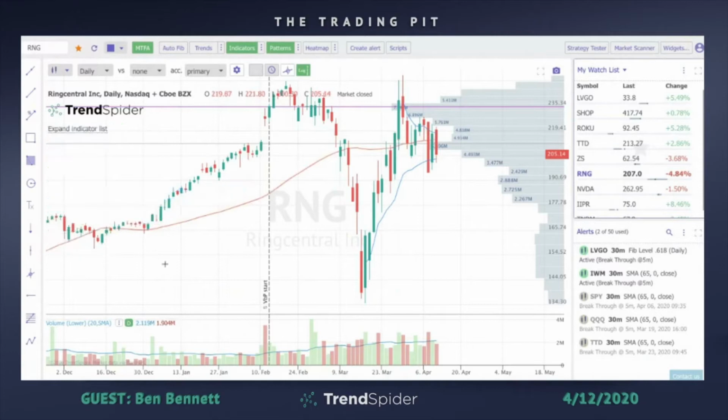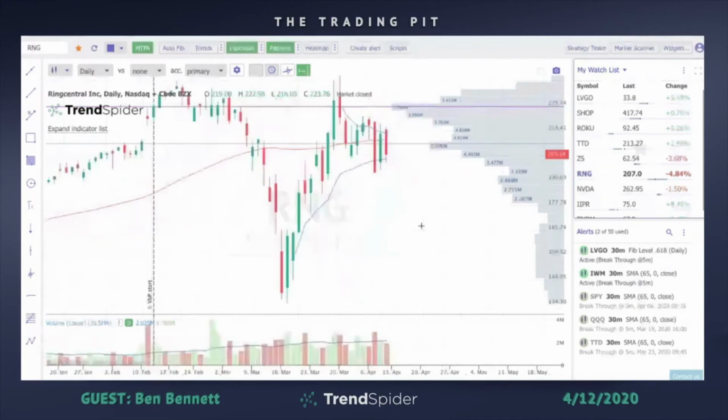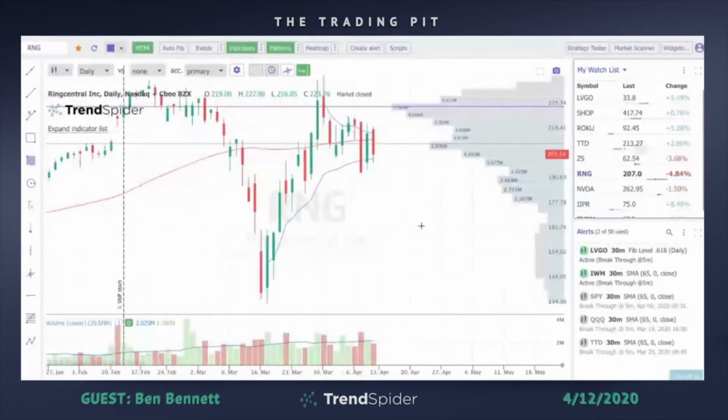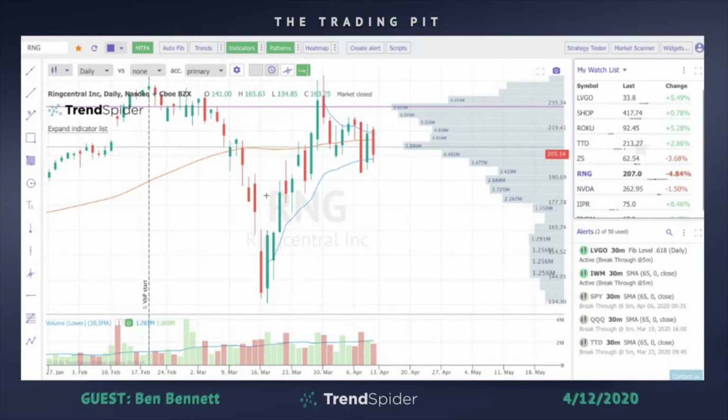I guess the first question I had was, was this trade a bad trade because you didn't listen to your rules, didn't listen to your plan, or was it just a bad trade because the technicals didn't follow through? It was a little bit of everything. It was mistakes on my side, and as we go through it, you'll see.